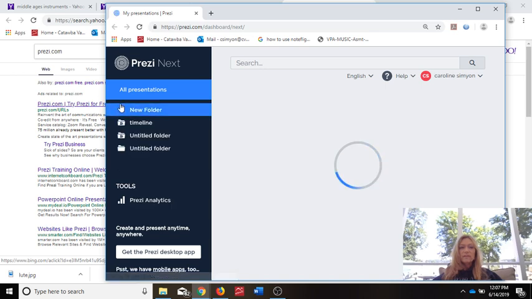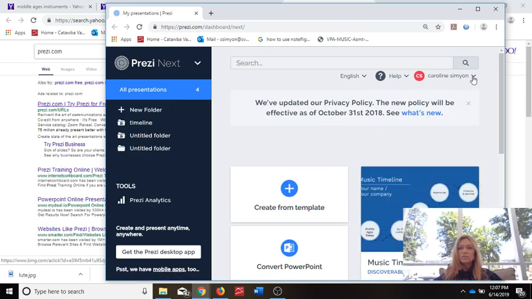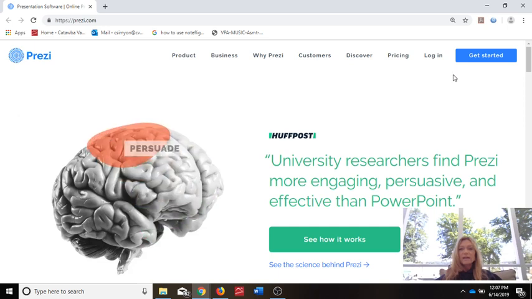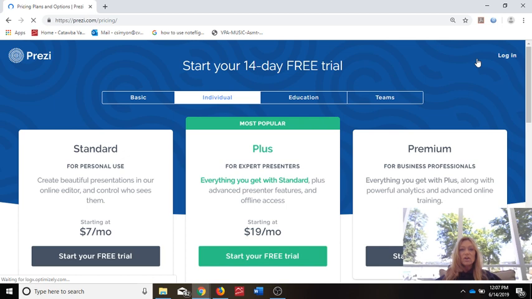And you will be given some options. Oh, I'm already signed in. I'm going to log out so that you can see. You'll see something like this. In the right-hand corner, you will see Get Started. Click there. You have lots of different options to pay, but we will either use the education, which is free,